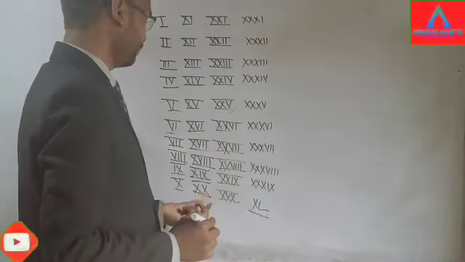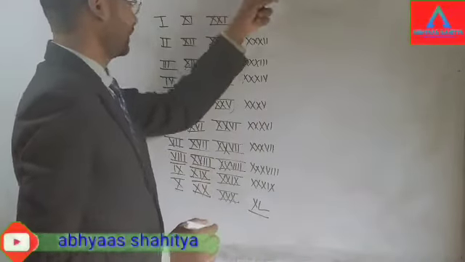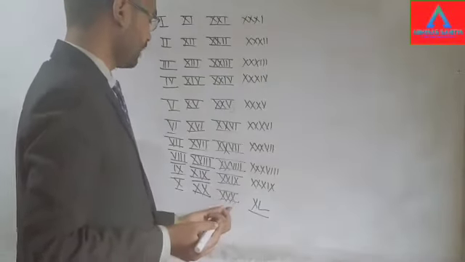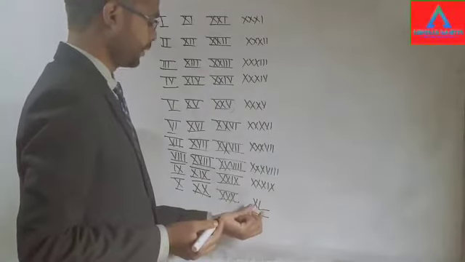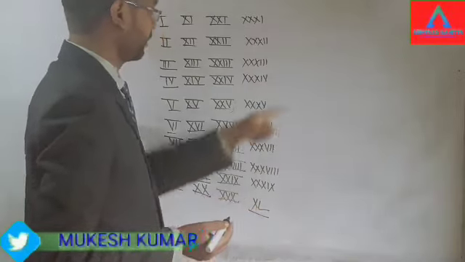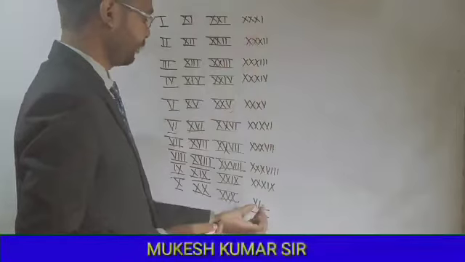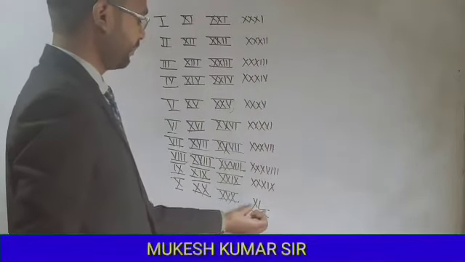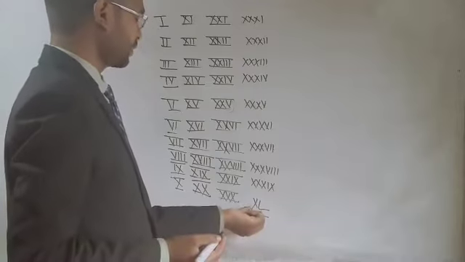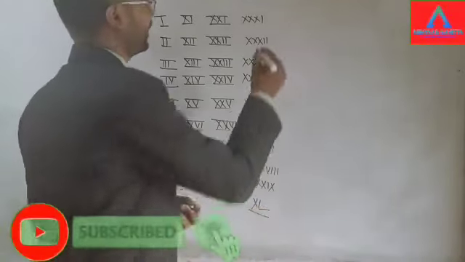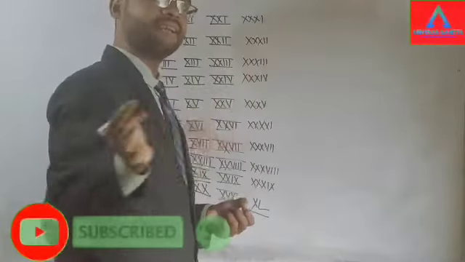We can use I, X, C and M only 3 times, not more than 3 times. That means after 3 times, for 40 we use 50 less than 10. That means we write the smaller symbol on the leftmost side of the larger number, and that will be subtracted. So that means XL, that means 40. And next, if we want to write the count